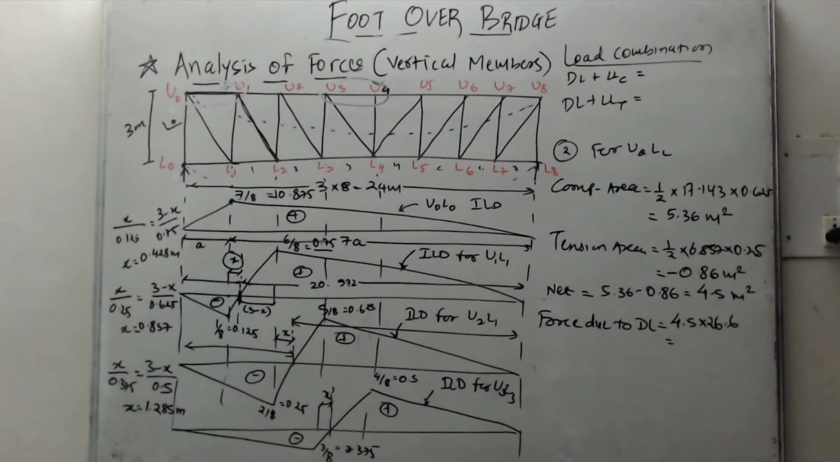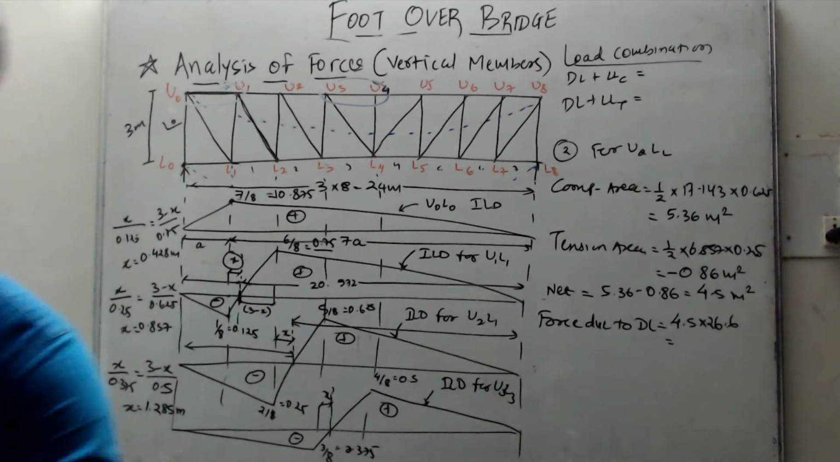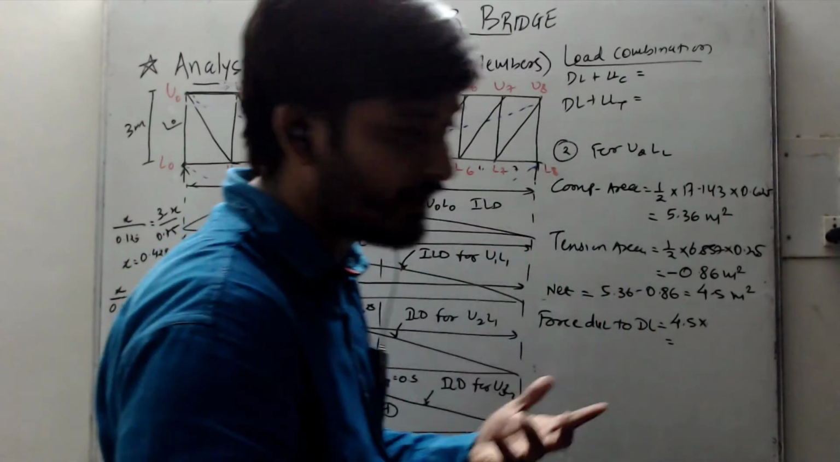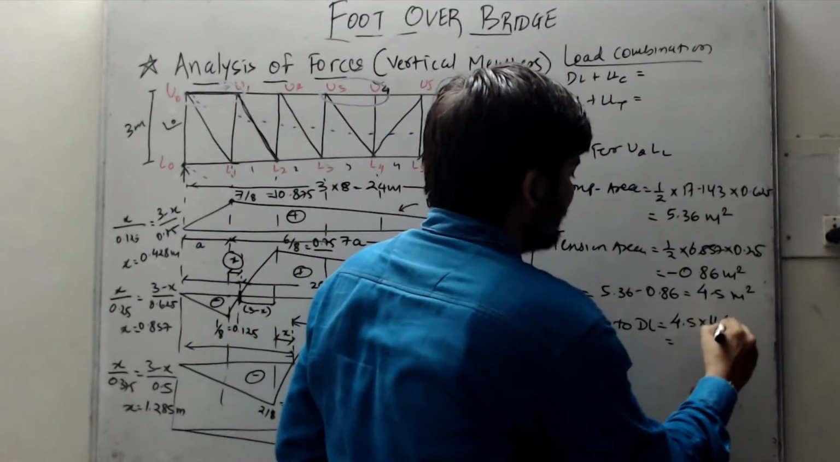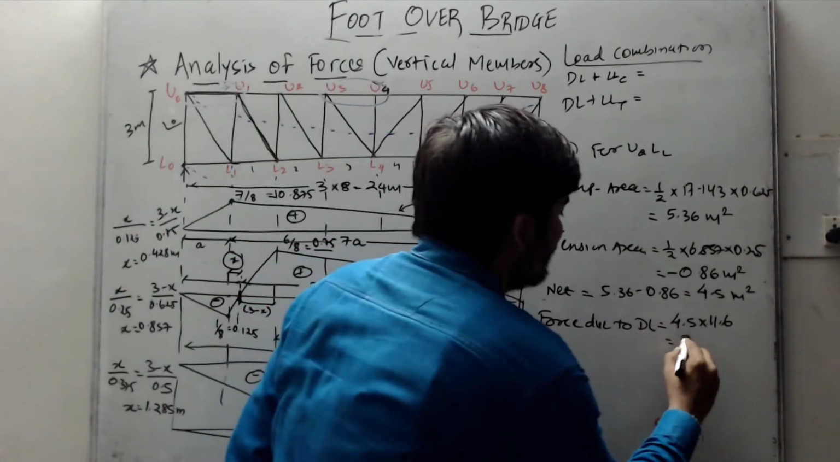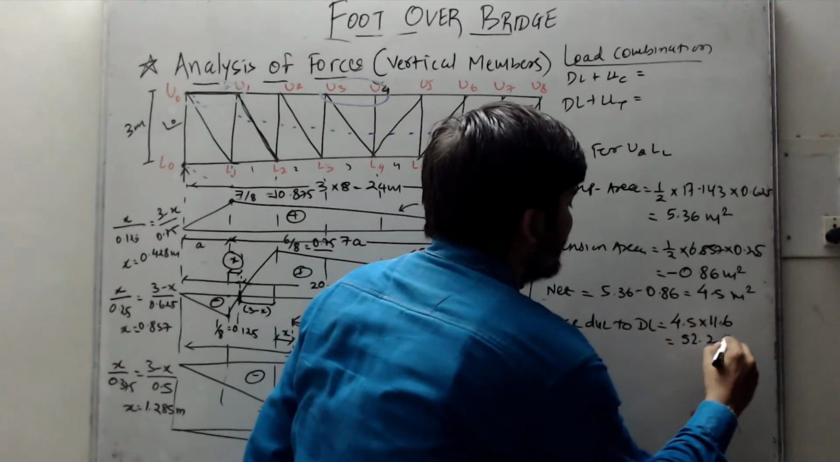Oh, sorry, it is not 26.6, it is 11.6 dead load. The 26.6 is total load. Okay, so this is a separate dead load. This is 11.6. So 4.5 multiplied by 11.6, I get this value as 52.2 kilonewton. Then force